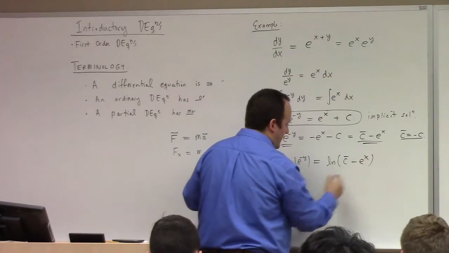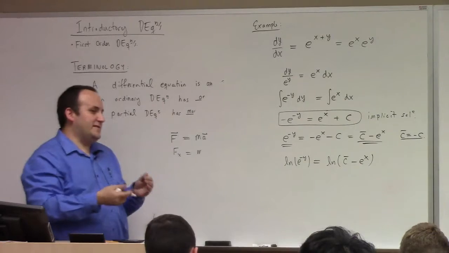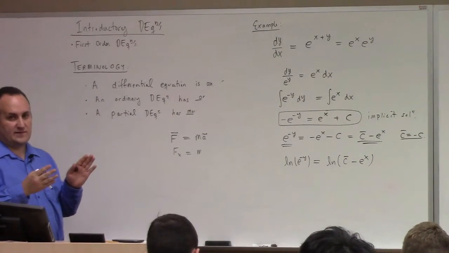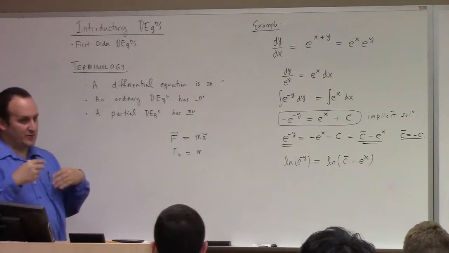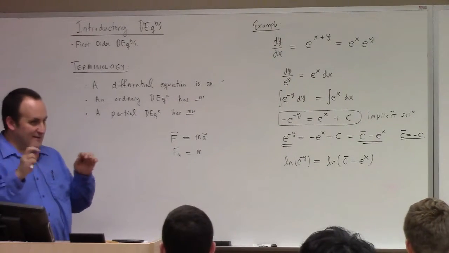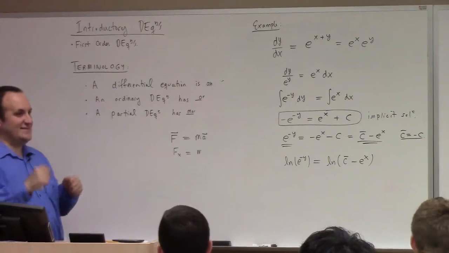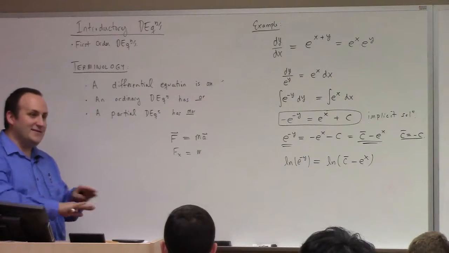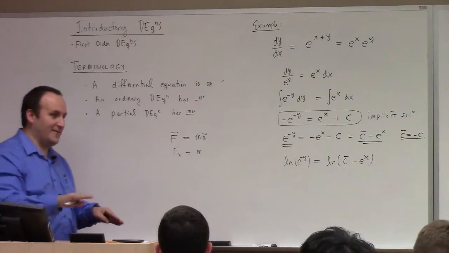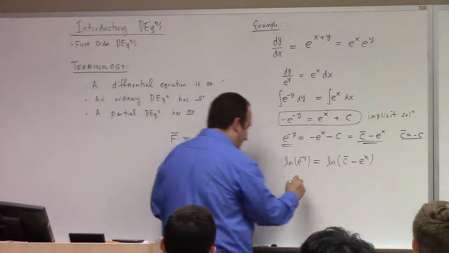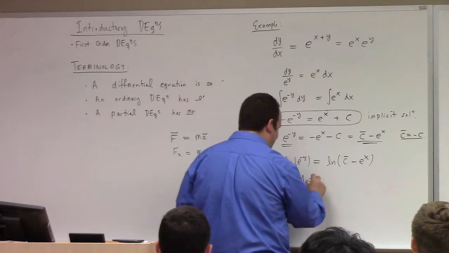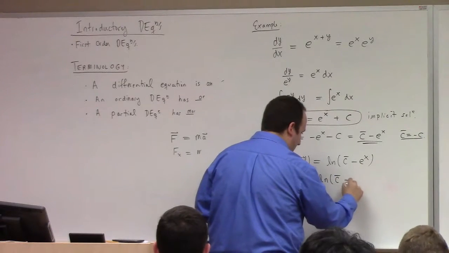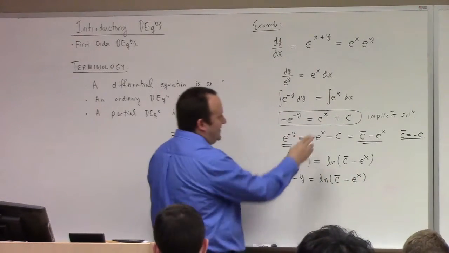e to the x. One of the things I hope you're picking up on here is we have to add the constant when we integrate both sides. You can't integrate both sides, ignore the fact that you need to add a constant, and then at the end, oh, just add a constant. No! No can do'sville. Will not work. You will be wrong. Very, very wrong. It's one of the ways you can tell me, I don't care what you're doing right now. Please reduce my grade. Now, I don't think that's how you feel, so add the constant up here, and then